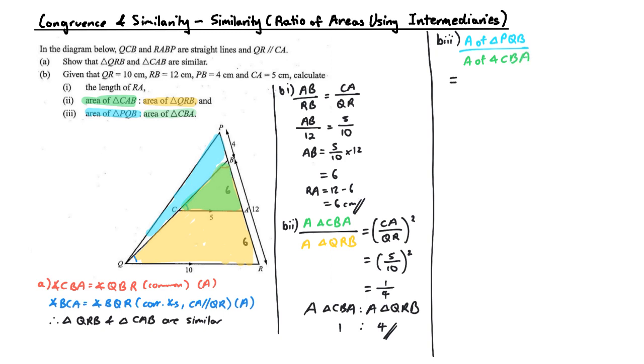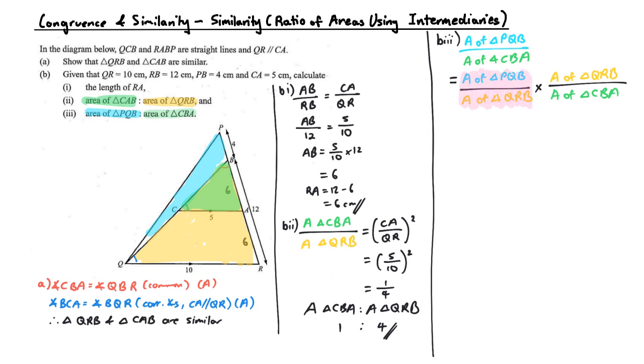This will be the same as area of triangle PQB over the intermediary, which is area of triangle QRB, times the area of triangle QRB, the intermediary, now this time on top, over the area of triangle CBA. Okay, so the first set here,